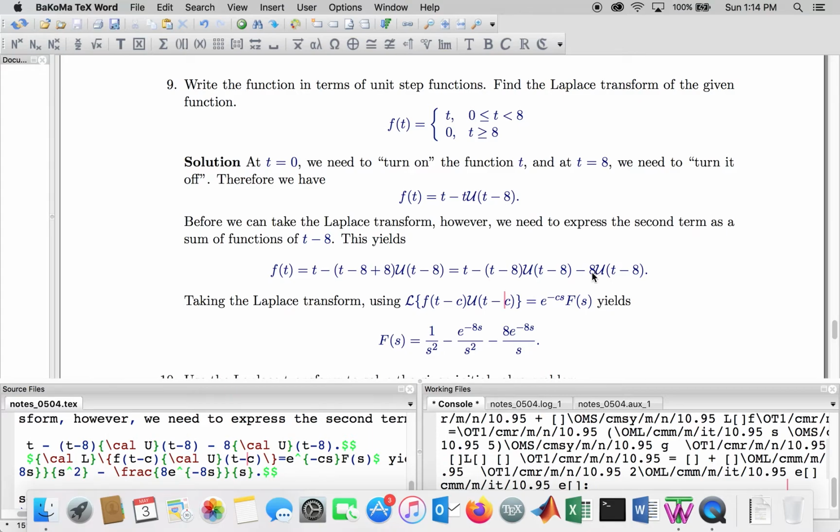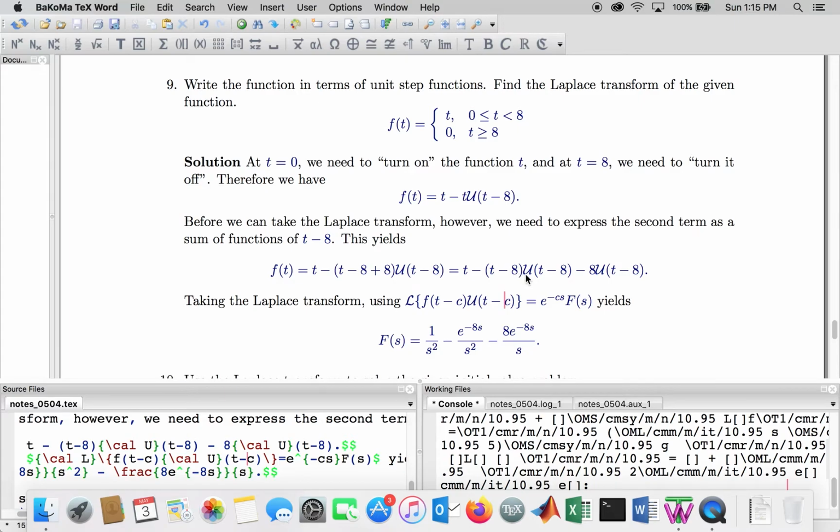So the transform of 1 is 1 over s, and then we multiply by 8, and then because of the unit step function, multiply by e to the minus 8s. So that's where all of that comes from. Okay, so get it into a form as a function of t minus c by doing the add subtract trick,